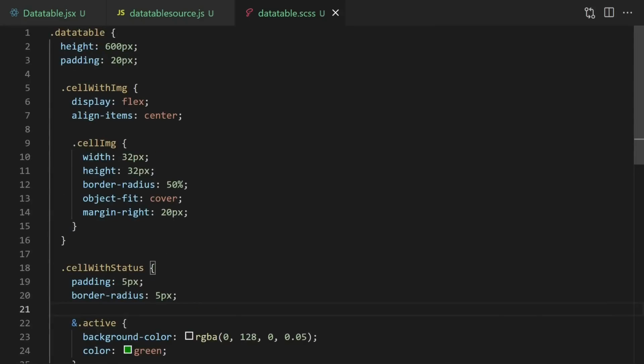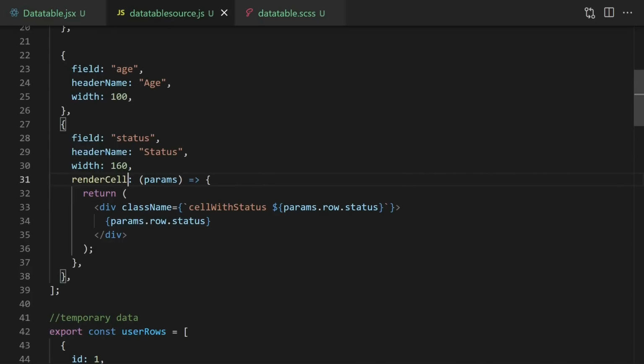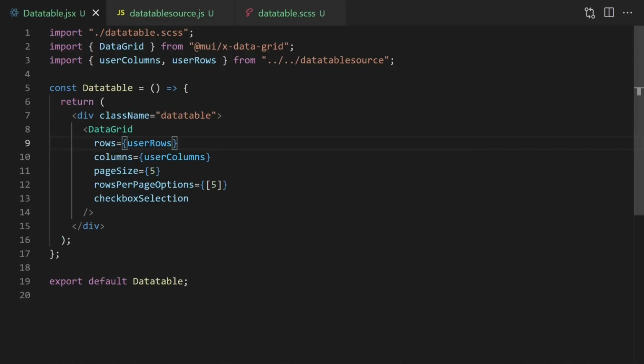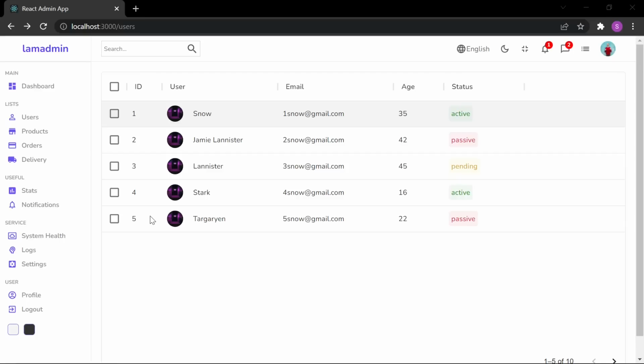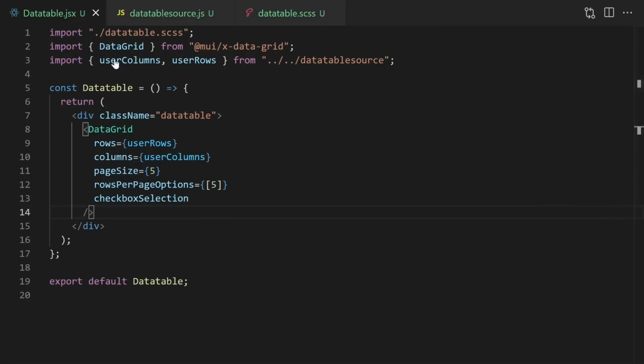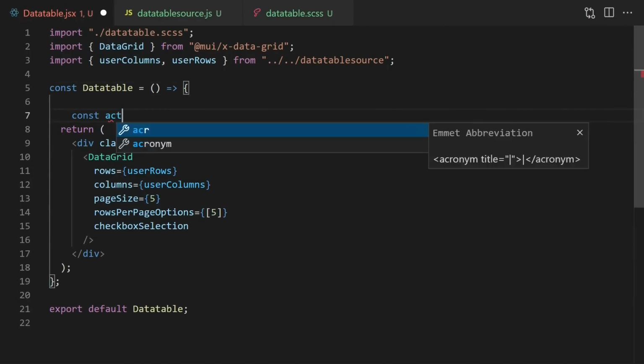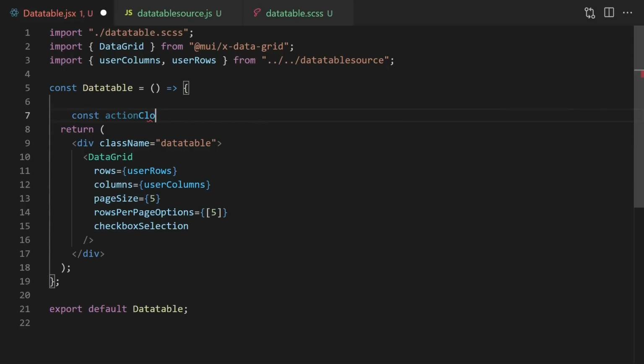But I'm not gonna put this inside our columns. That's because we are gonna use it in every data table. It doesn't matter whether it's users or products or orders or others. We are gonna always use them. So I'm gonna create inside my data table component. Let's create here. I'll say const action column,